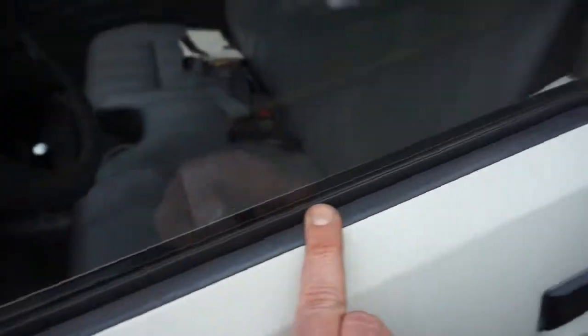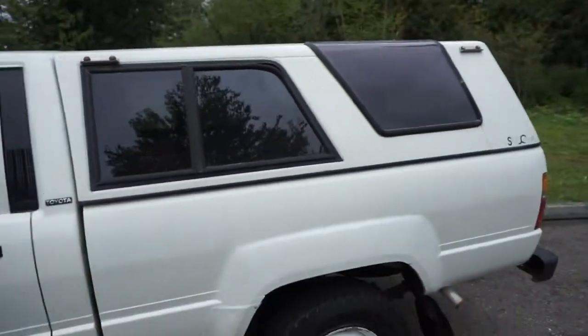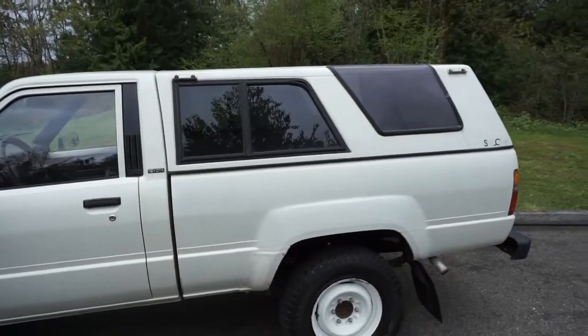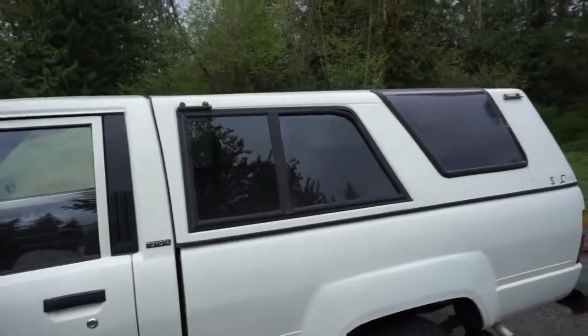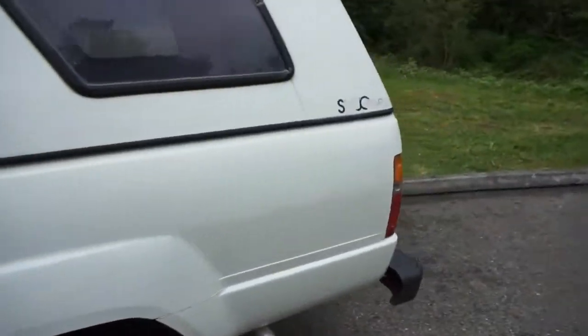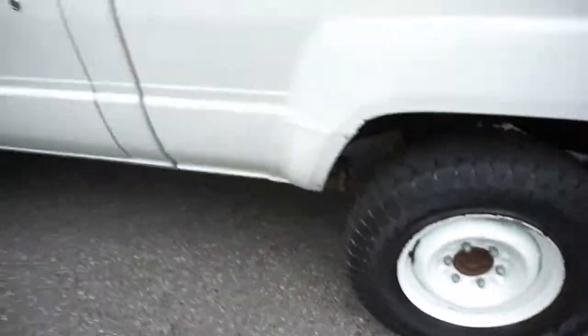Surprisingly, the door felts are in really nice shape for the heat, and the black plastic pieces are in nice shape. It's got this really hard to find Snug Top canopy. It actually makes it look like a 4Runner. If it's not your style, you can just pop it off, but at least up here in the Northwest, these canopies alone usually bring about $1,000 to $1,200. So you can get some of your money back, but I like to keep it just the way it was. It's cool to see it's still got the steel wheels,